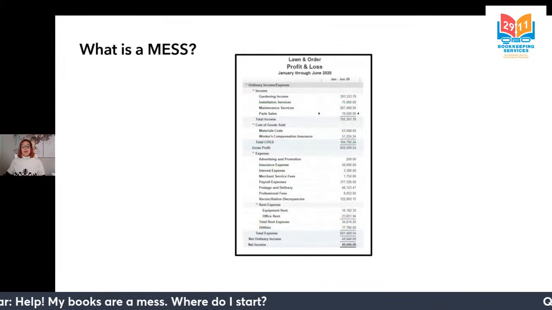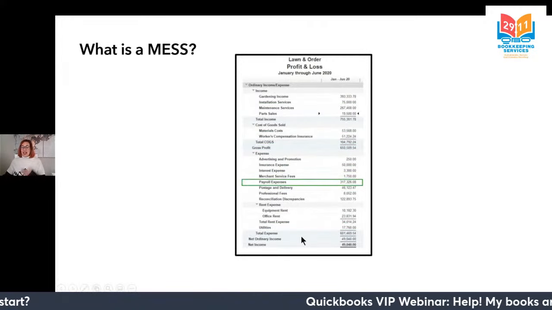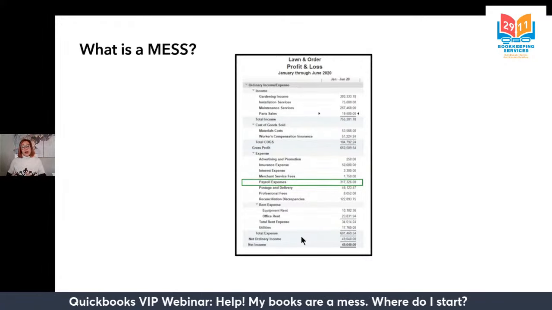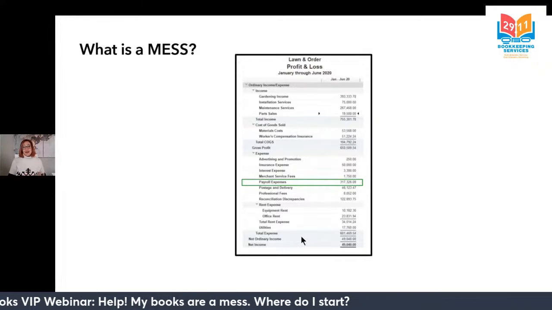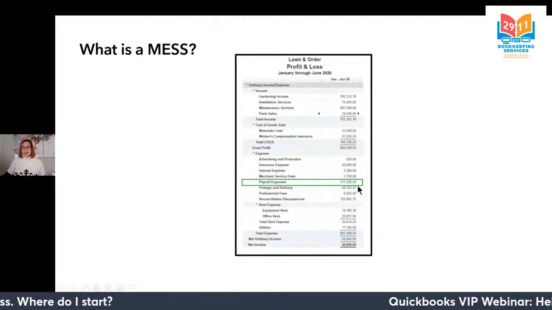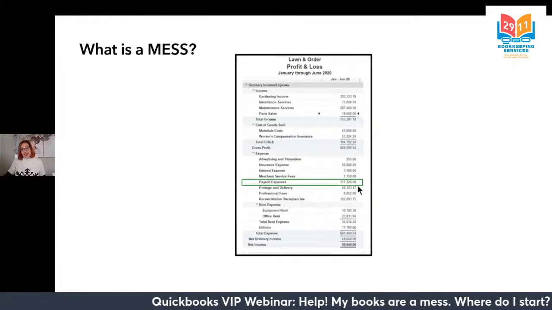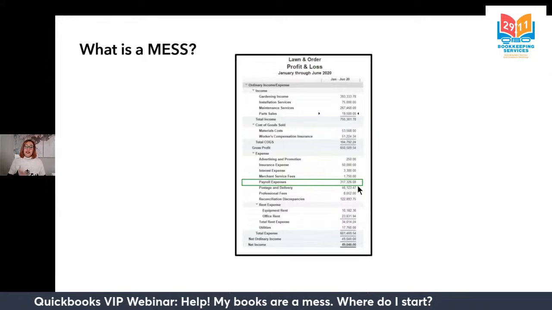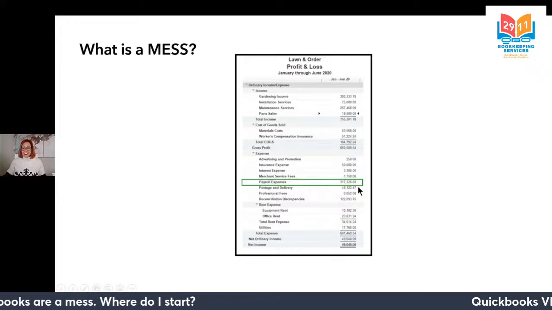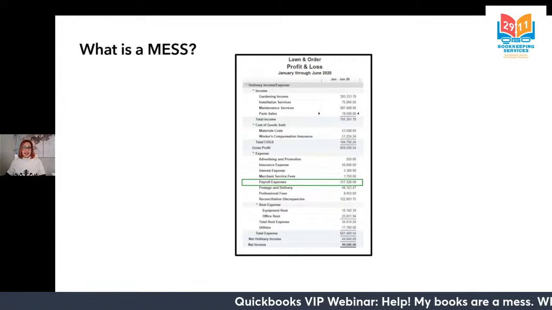Another example on a different profit and loss here, an account like payroll expenses. Now, payroll expenses are tricky because when you're running payroll, you're not only dealing with expense accounts, but usually you're also dealing with liability accounts as well. So if your payroll expense account is crazy high, crazy low, or even a negative, that could be an indicator that maybe your payroll is being recorded incorrectly. Mine is crazy high, so I should definitely take a look at that and maybe also look into my payroll liabilities. And that could help us catch a mess.